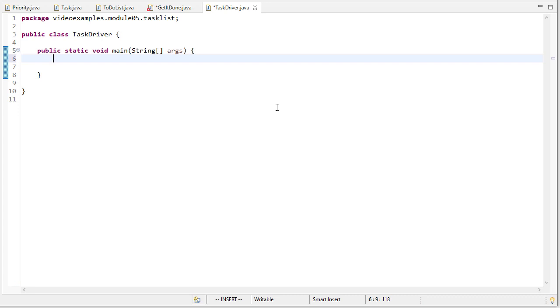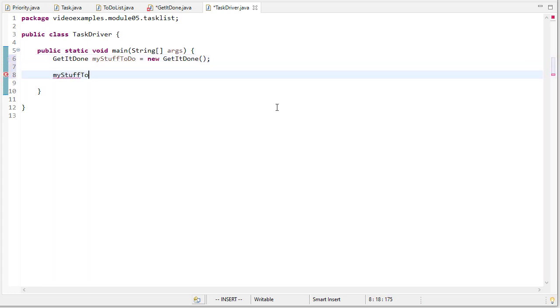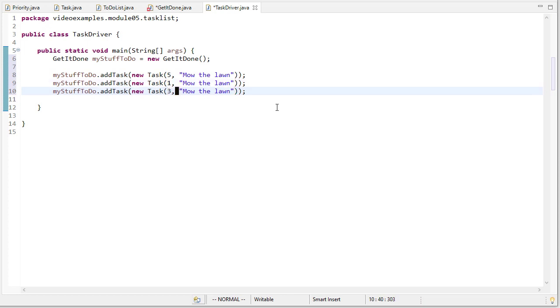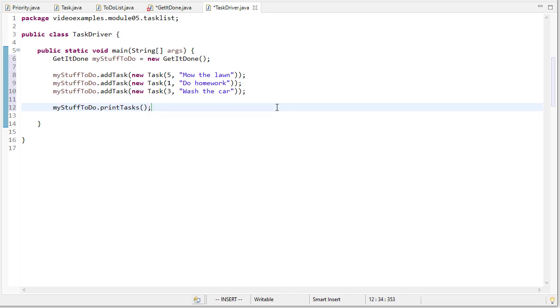So now let's write a driver to test this. We'll create a GetItDone list. We'll call it myStuffToDo. And then we'll say myStuffToDo.addTask. Now here I need to add a task. Well, I could create some task objects and throw those in there, but I could also just say new Task, and then I'll just make up some tasks to add. And then now that I'm done, I will call myStuffToDo.printTasks. So if I run this,